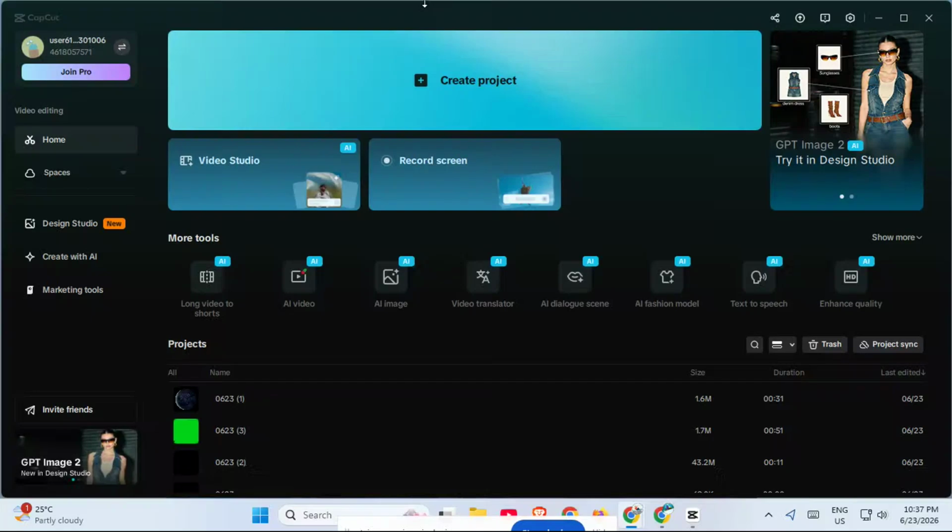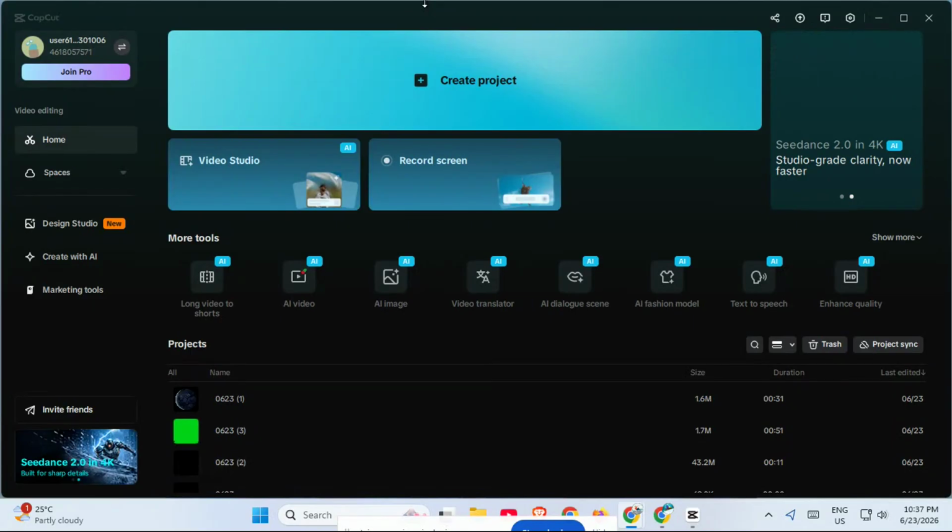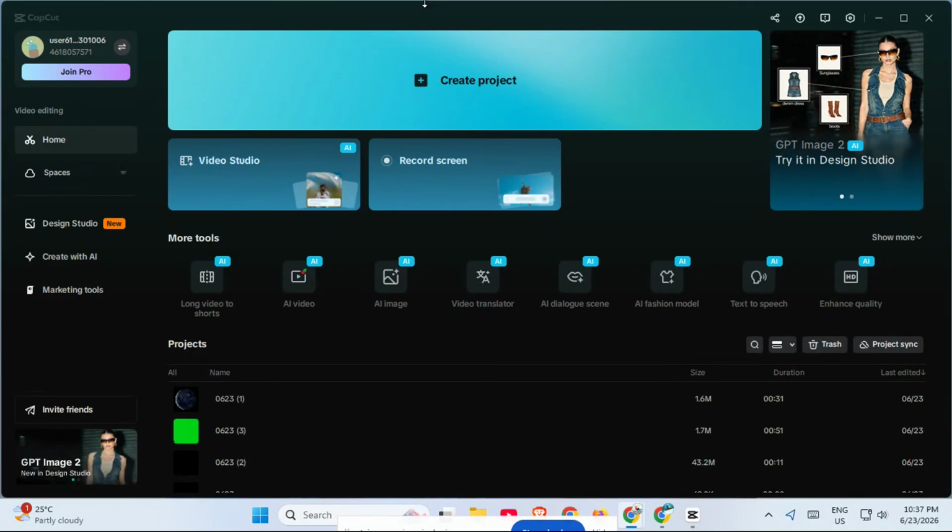If CapCut is stuck loading, freezing on startup, or not opening properly, don't worry. In this video, I'll show you a simple step-by-step fix that can help get everything working again. This is a common issue, and most of the time it comes down to either a cached file problem or